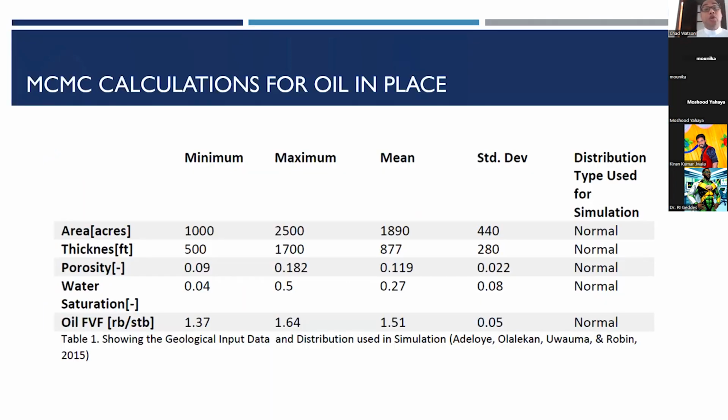All right. So now, this is a reservoir, an actual reservoir. I only pulled the ones that use, so you see the distribution used for each of the different factors. So you have area, thickness, porosity, water saturation, and the oil formation volume factor. And I use the distribution type for this MCMC algorithm. So when you do the MCMC algorithm for the distributions, which is technically like a priori.